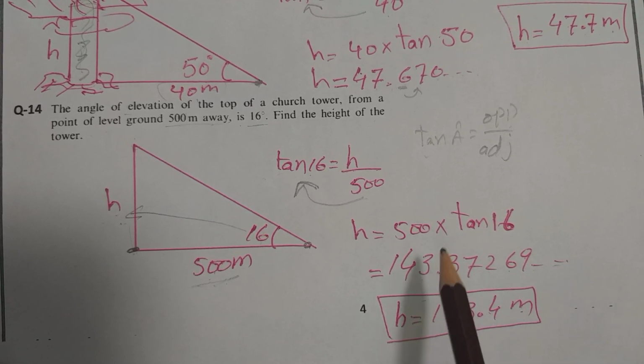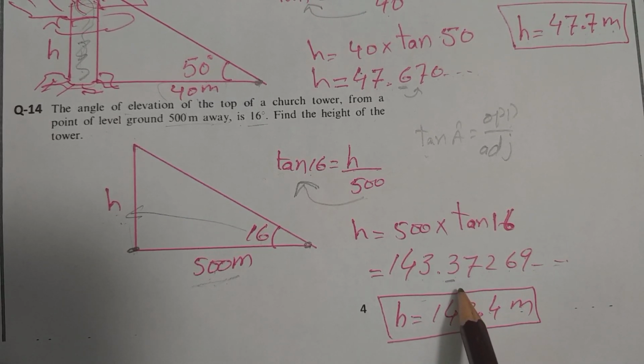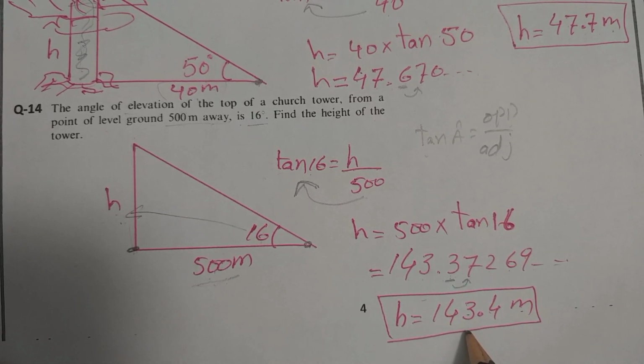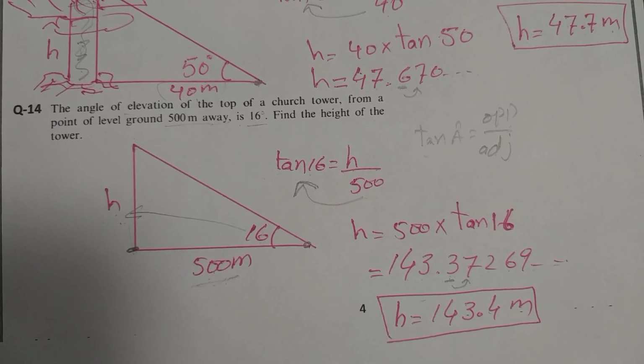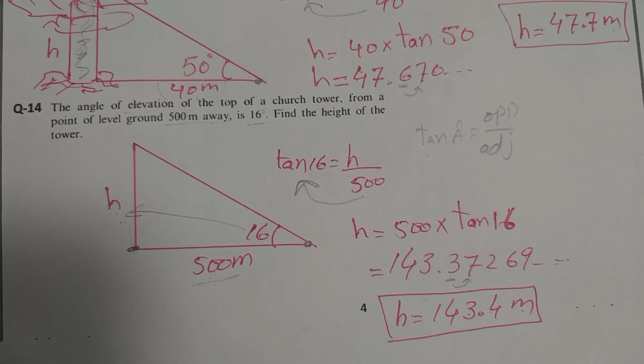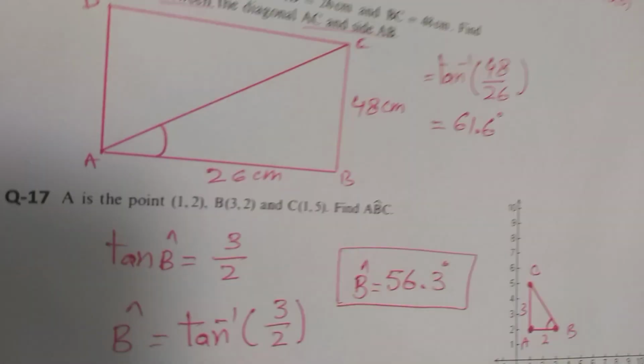143.37269, and so on. I just rounded because the second decimal place is more than 5, so we increase the number. So 143.4 meter. Okay, so these are the answers for question 14. So let's see the next page, which is page number 5, and question number